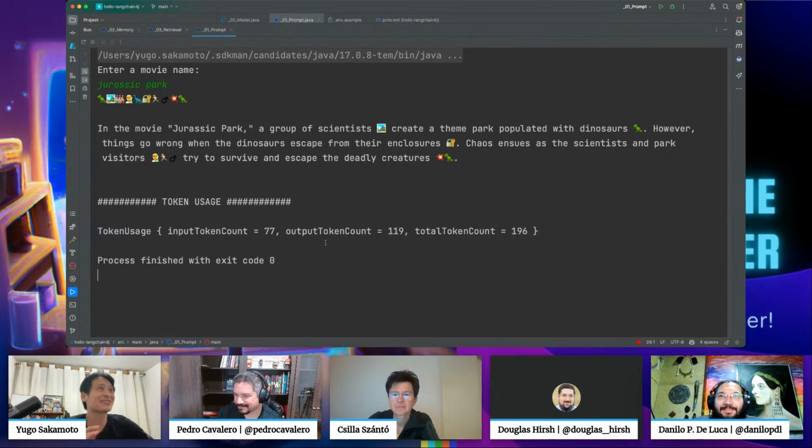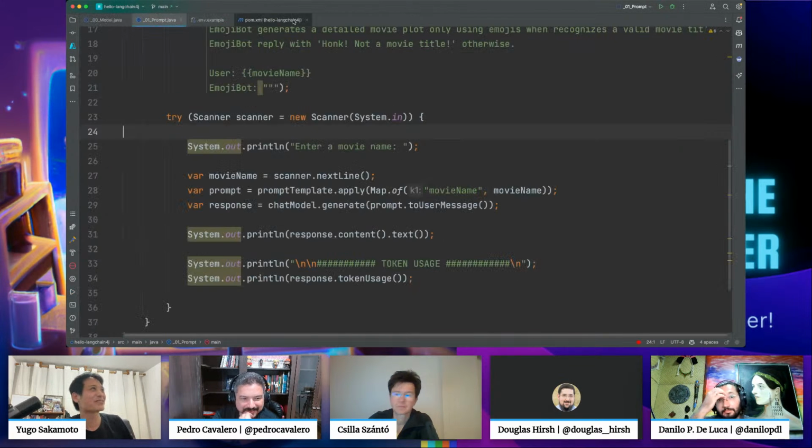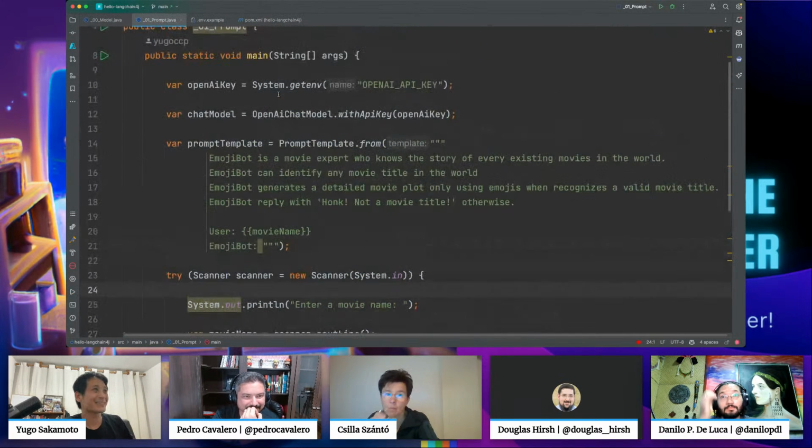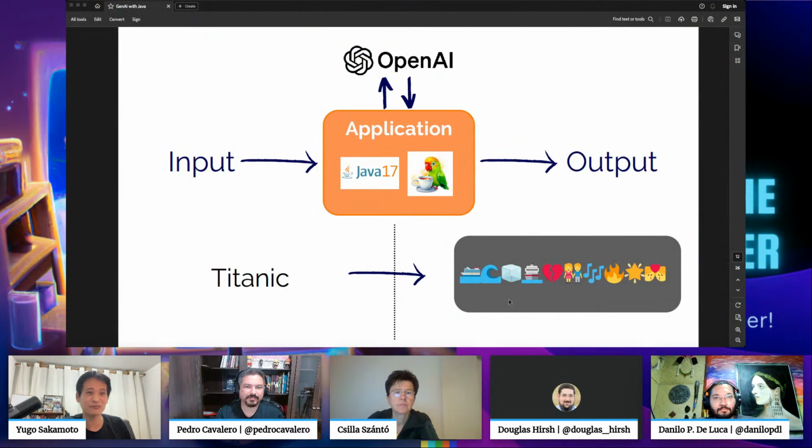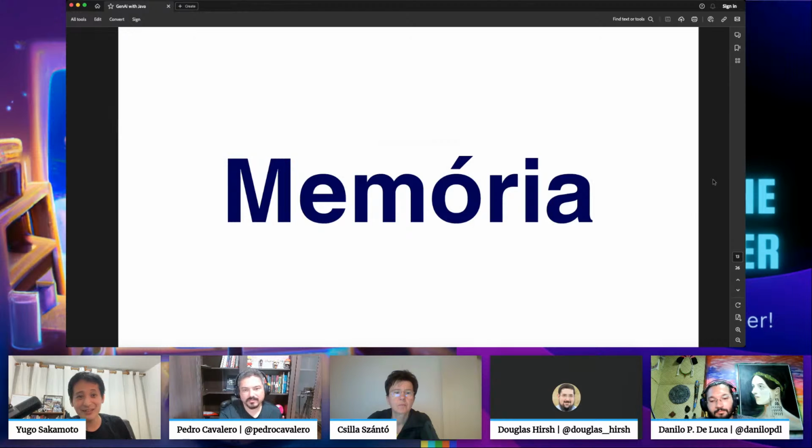Just for an example, this is a way to actually create some prompts, giving some context, some instructions to the models, and it will try to complete considering those instructions that you gave them. And such is this emoji bot that I created here. So okay, good for examples, right? And this is another feature that we have. It's good to know and how to use, and then we can move to